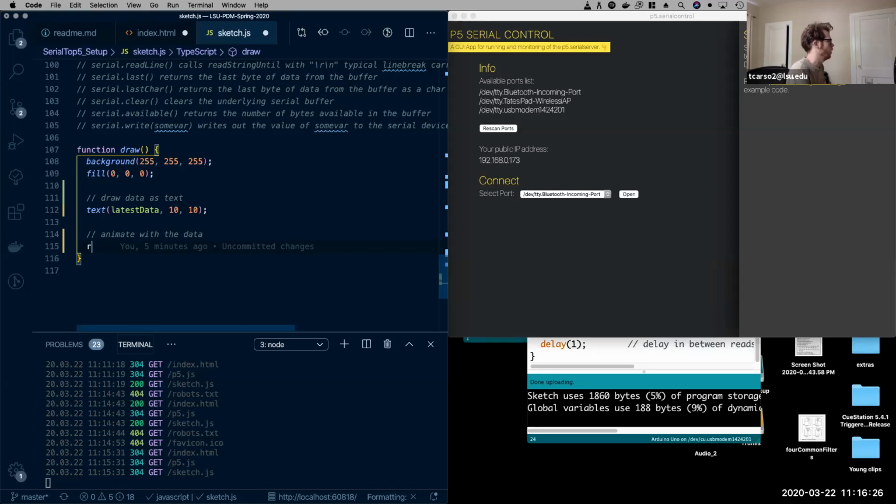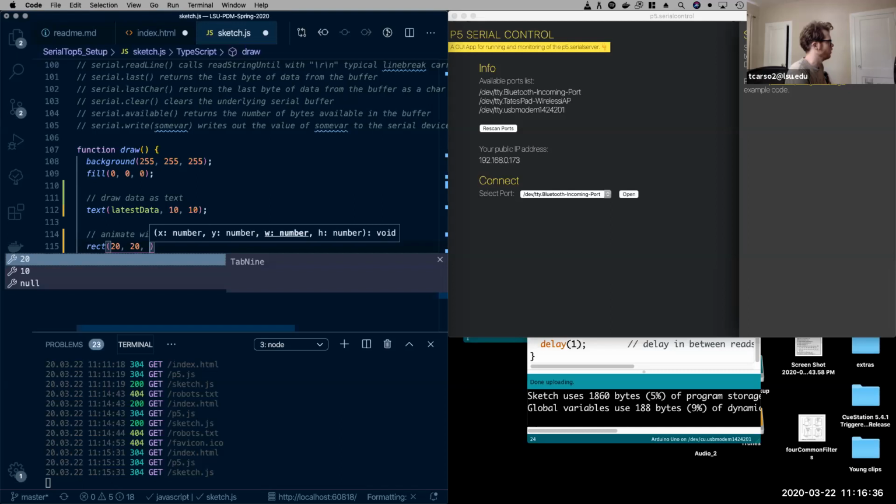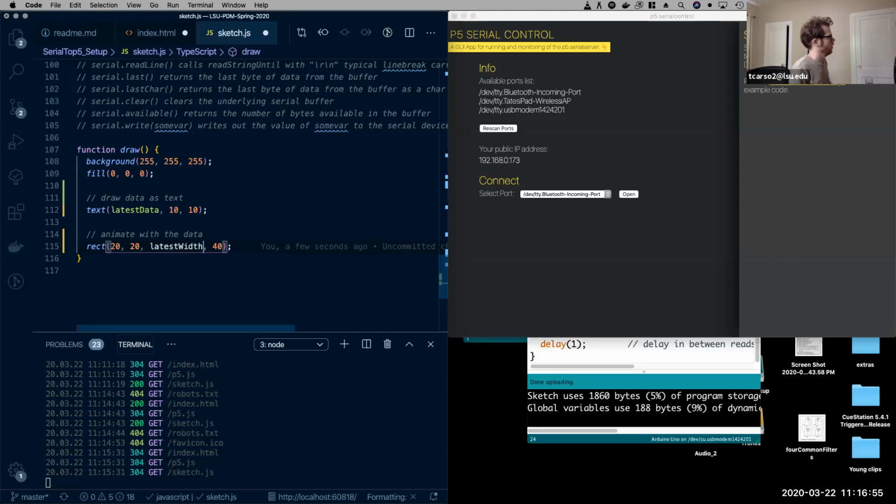I can say maybe I want this rect to be at 20, 20, and then I want this data to be the width, and I want it to be at least 10. And now our potentiometer is going to let us